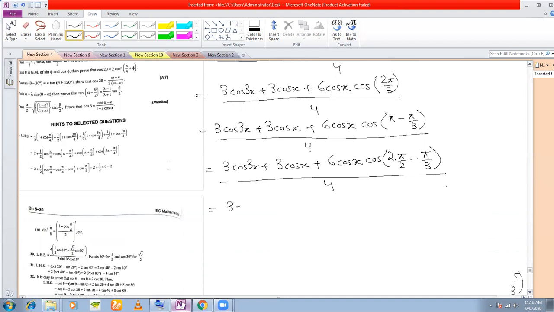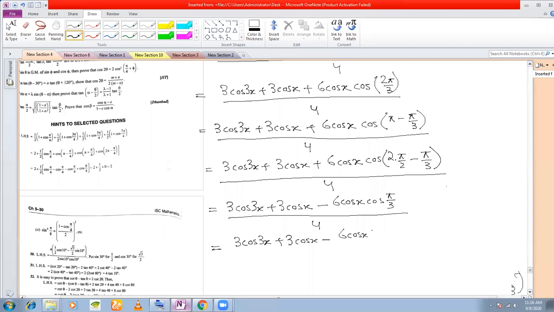So this is 3 cos 3x plus 3 cos x plus 6. Now see here what happens. Cos 2 into pi by 2, so an even multiple, cos will remain a cos. But this angle is in the second quadrant, in which cos is negative. So this will become minus 6 cos x into cos pi by 3, divided by 4. And pi by 3 is what? Pi by 3 is 60, which is half. So 3 cos 3x plus 3 cos x minus 6 cos x into half